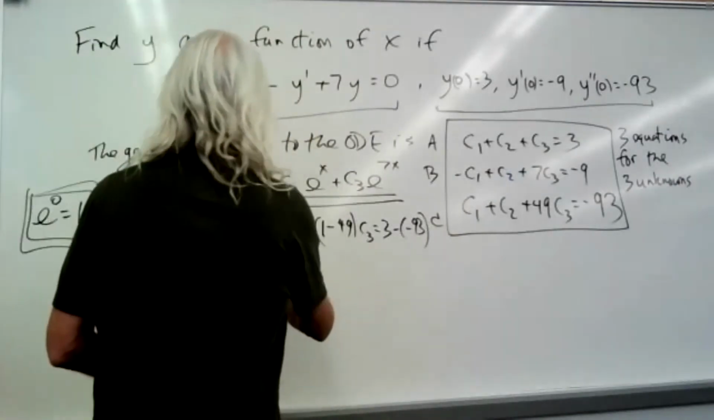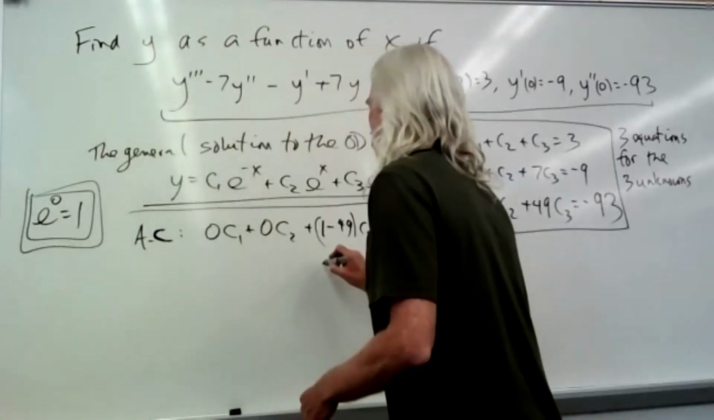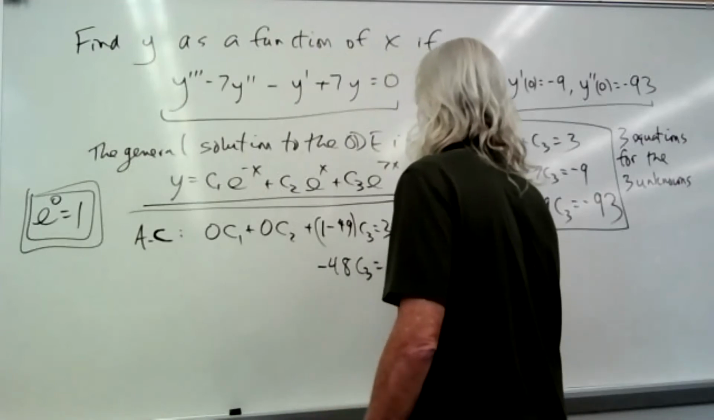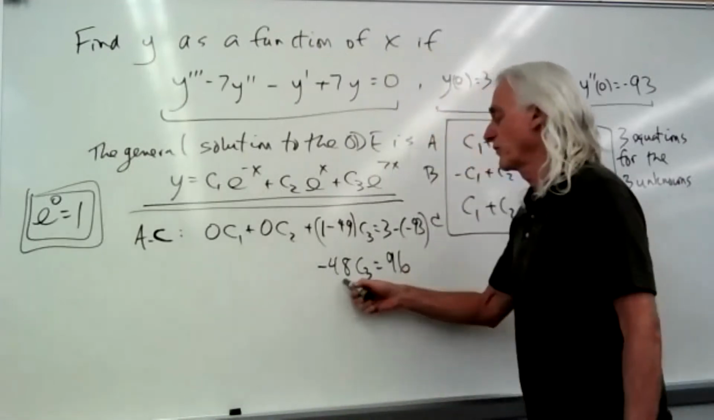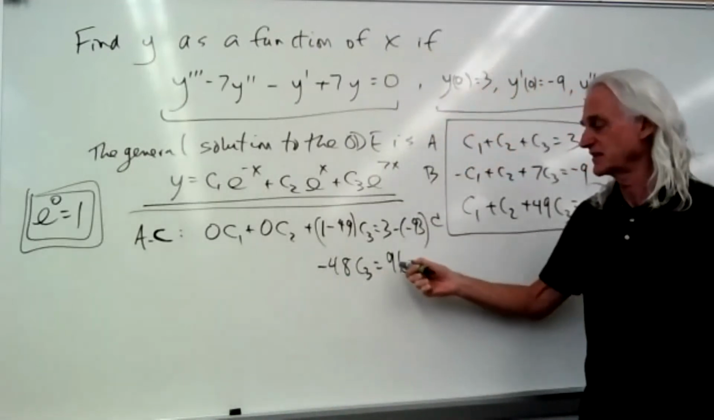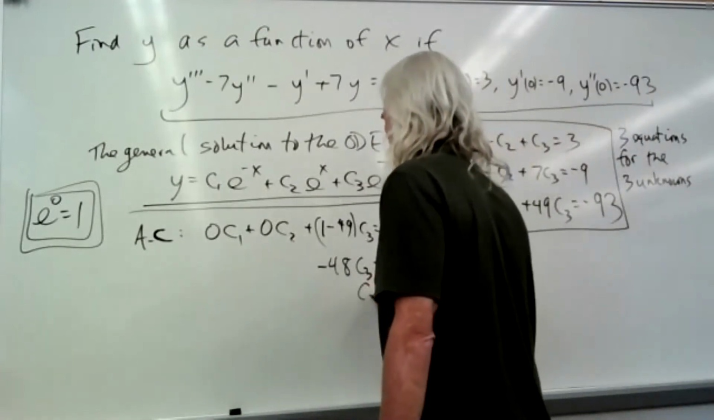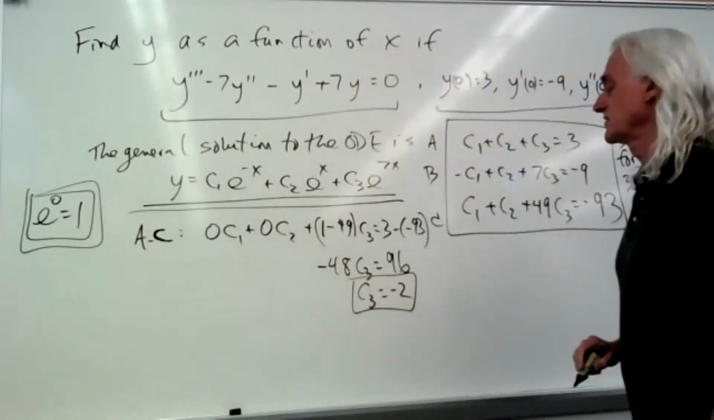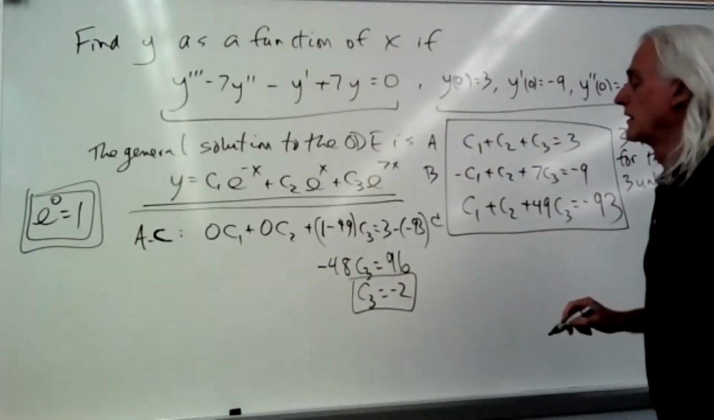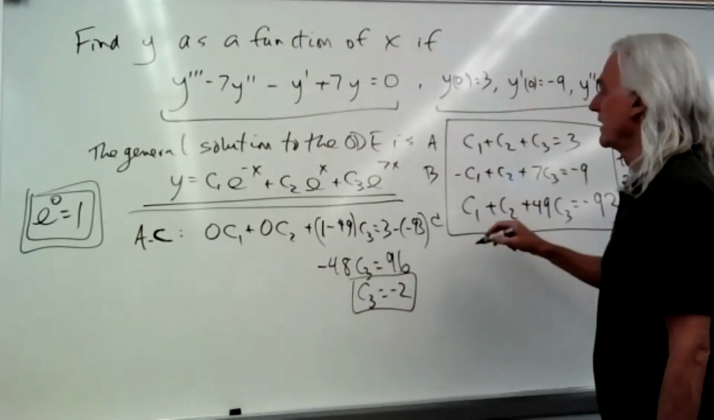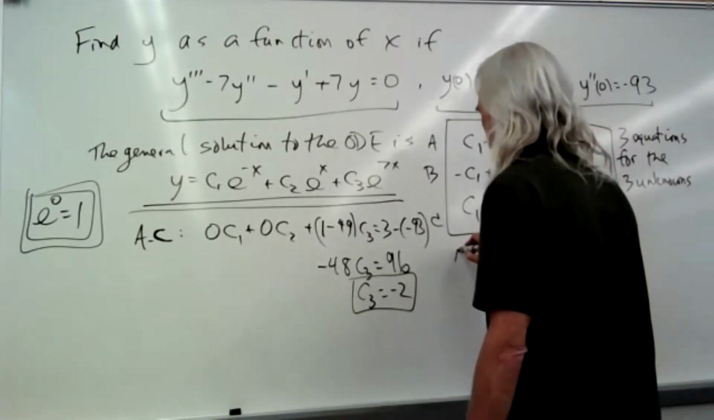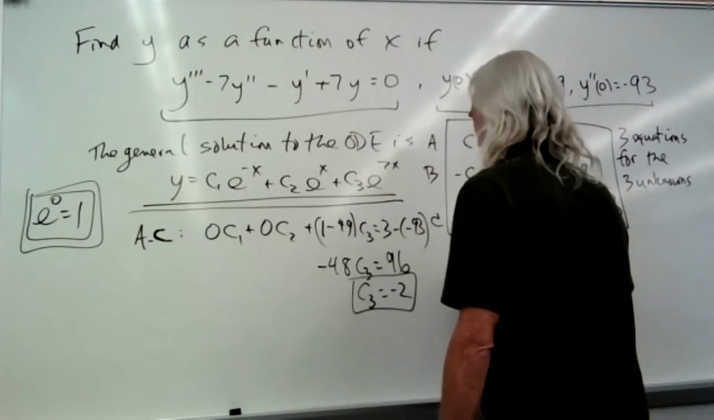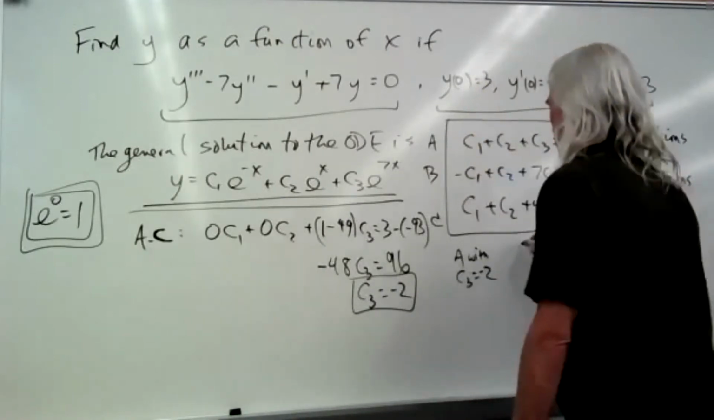Okay, so that's 0, this is going to be a minus 48 C3 equals plus 96. 48 plus 48 is 80 plus 16, 96. C3 is negative 2. Cool. And now that C3 is negative 2, I can take equation A with C3 is negative 2, and I get